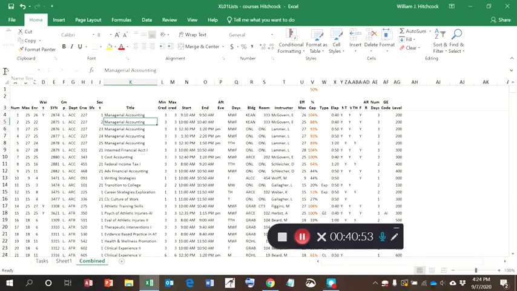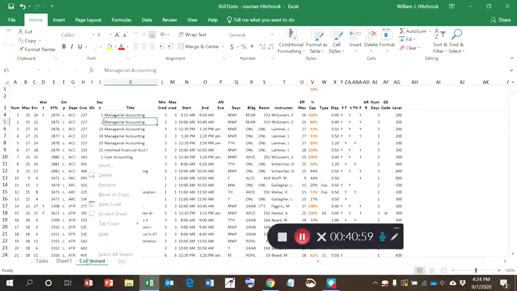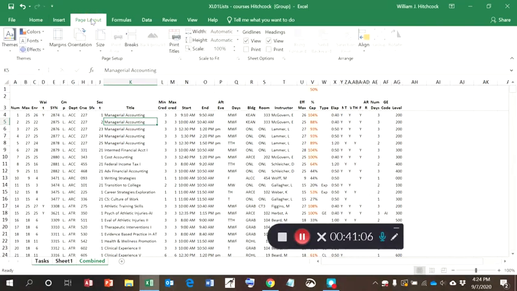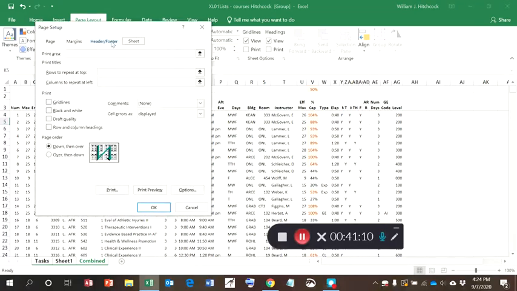Then what it says is to group all the sheets, and we're going to add headers and footers. So right click on your sheet tab, choose select all sheets, choose page layout, print titles, header and footer,